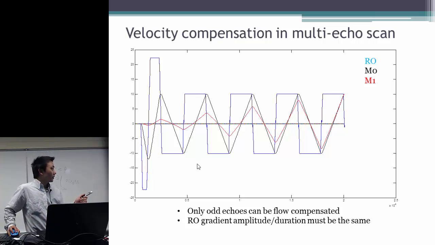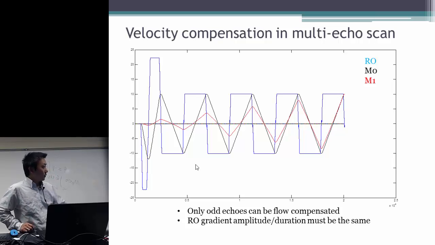Actually, to calculate this is easy, and we have also observed this phenomenon. If we collect a multi-echo image, actually I should have put that as an example because I have already seen this. We collected a multi-echo gradient echo sequence, and we use each echo to create an independent image with different TEs. So we can see that for those images acquired using the even echoes, the flow